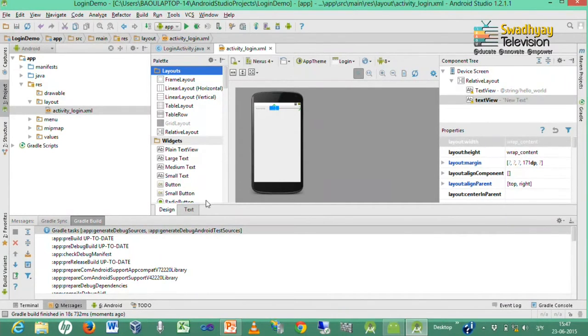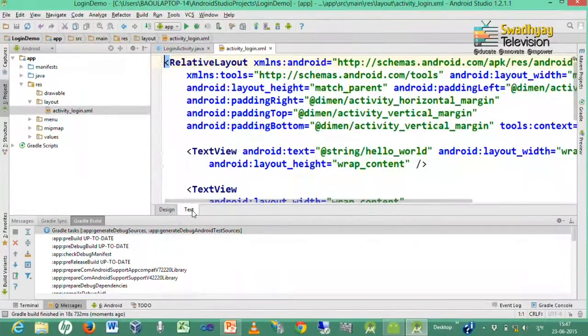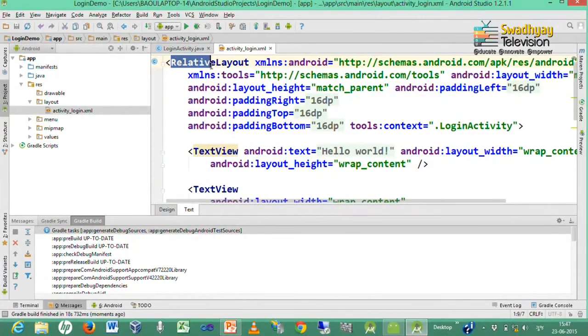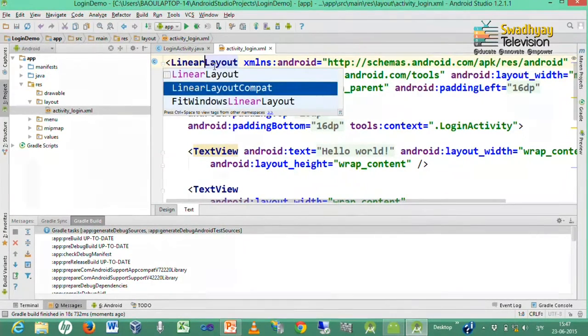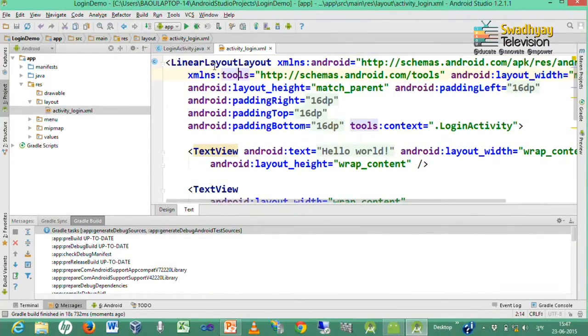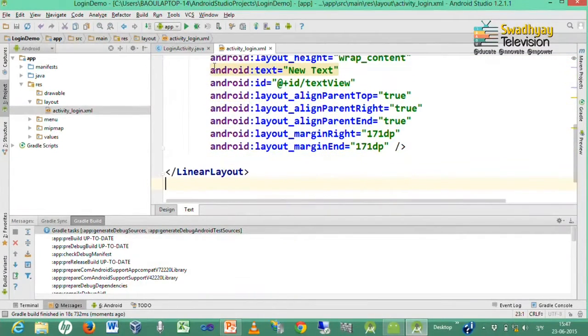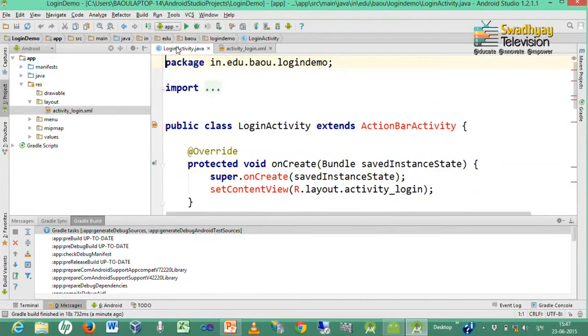So, we go to text view and change this relative layout to linear layout. So, it automatically changes the end tag to linear layout.